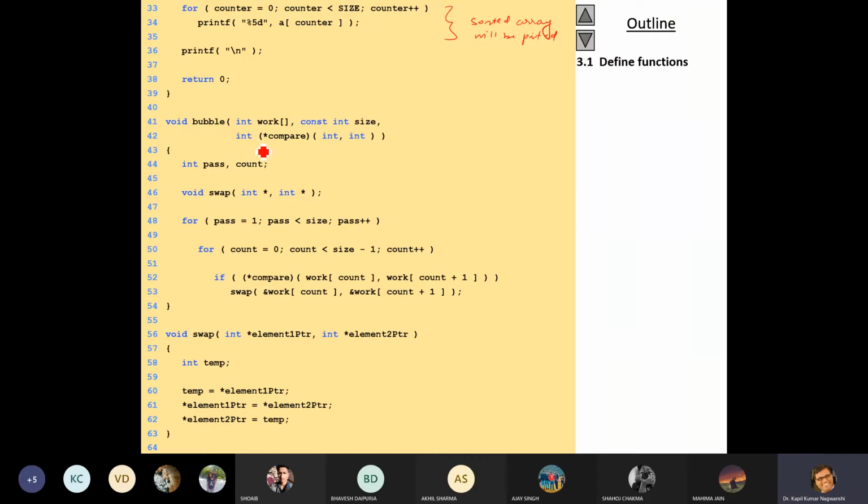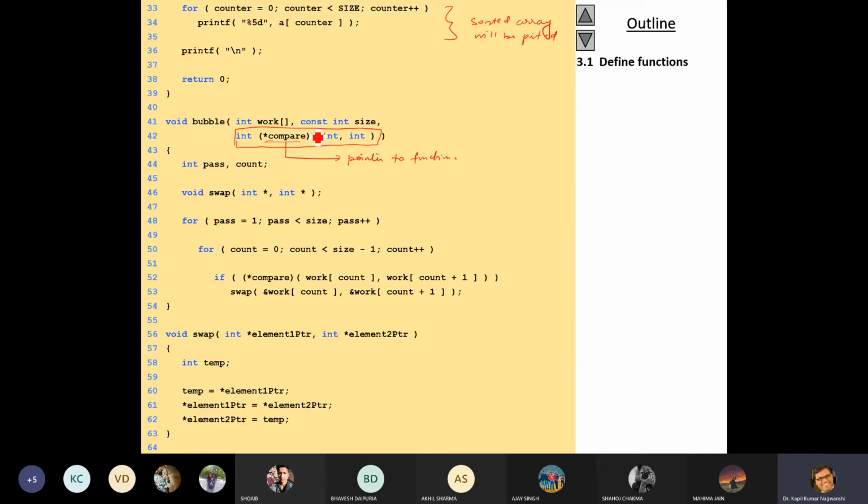Now, what is the scenario here? This is a function known as compare. Compare is a function pointer, a pointer to function. The name may be ascending or descending.